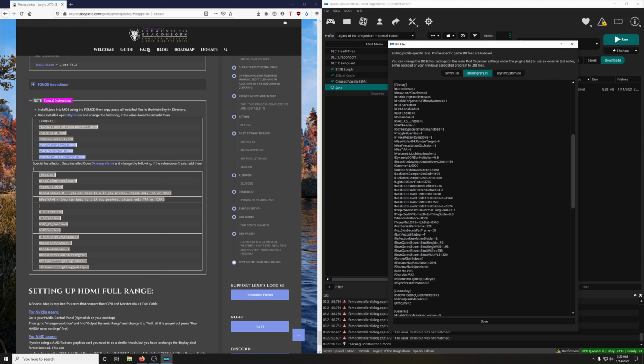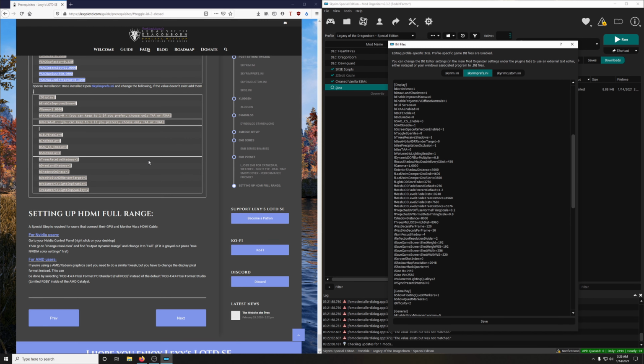bFXAAEnabled is 0. And then bUseTAA is 0. It's saying here that you could use it if you want to, but only choose one of these if you prefer to use TAA or FXAA. I'm just going to leave them both off. Okay, next we're going to do